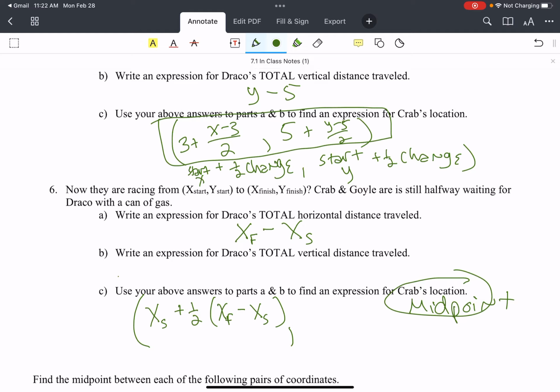Are we doing okay? So now to find the y coordinate,